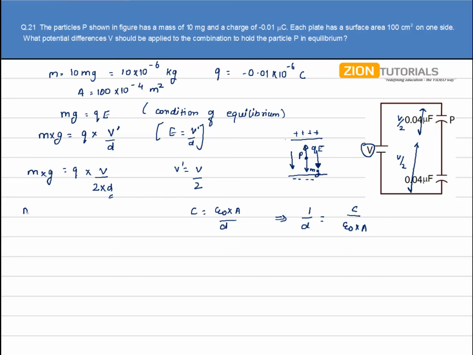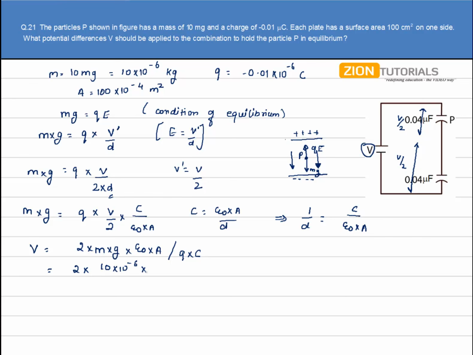So we have m into g is equal to Q into V divided by 2 into 1 by D, that is C divided by epsilon naught into A. So the potential V can be written as 2 into m into g into epsilon naught into A divided by Q into C. On substituting all the values, the mass of the particle P as 10 into 10 to the